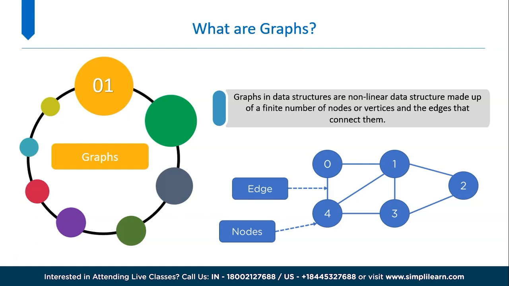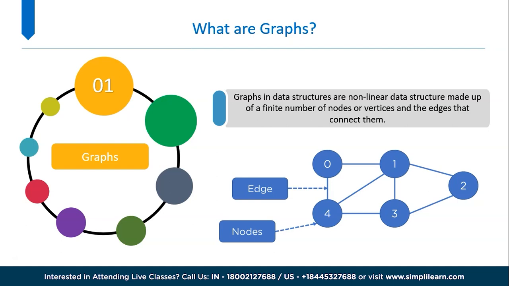Now graph is a non-linear data structure where each data element is called a vertex and is connected to many other vertices through connections called edges. So it is made up of a finite number of nodes or vertices and the edges that connect them. So a graph is considered as a mathematical structure which is composed of a set of vertices and a set